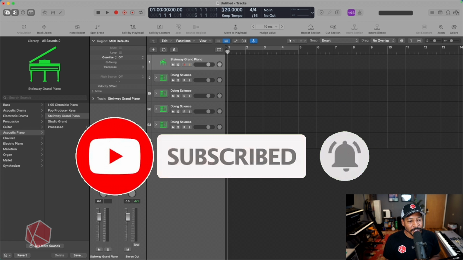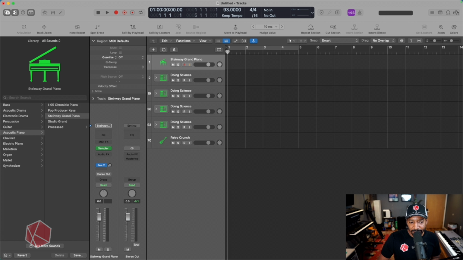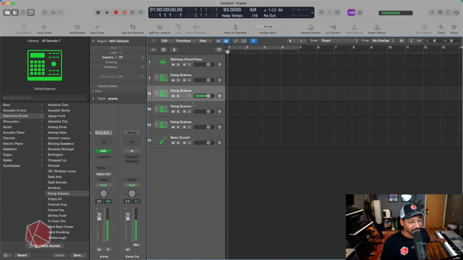So the first thing I'm going to do is let's move this tempo to say 93. And then let's go down here and find a snare. I think that'll work. I like doubling up both of those snares here. All right, we're just gonna loop that.